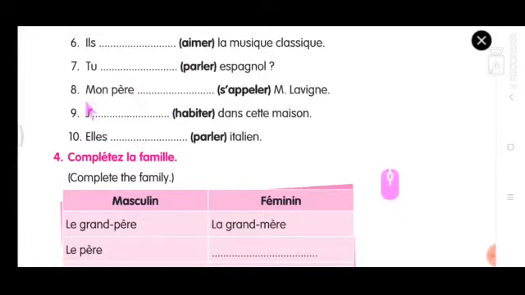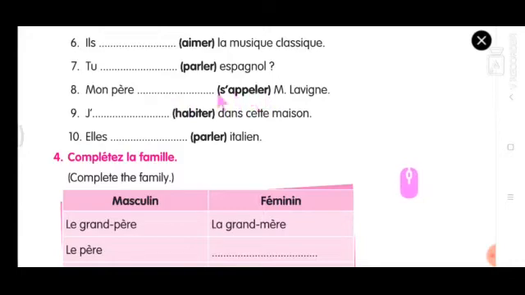And this verb, you know, at the beginning of 6th standard, you learned this verb. Je m'appelle, tu t'appelles. And last week also I wrote this on the board. Mon père. Mon père is third person singular. So just write this S apostrophe as it is there. And appeler verb, the spelling is different. Let me dictate, you just take it up.